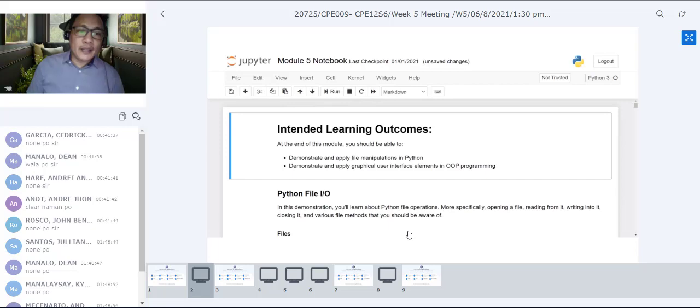Okay, and then finally, you will be able to demonstrate and apply graphical user interface elements in object-oriented programming. So yeah, I'm going to give you some introduction and demonstration of simple graphical user interface para may background kayo kung paano nyo gagawin yung project nyo. Okay? Alright, so let's start now by